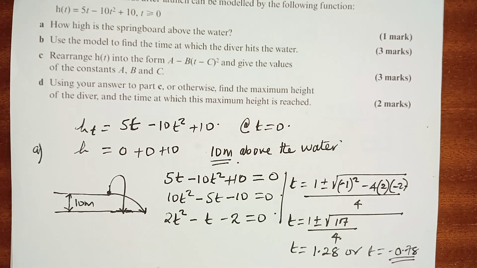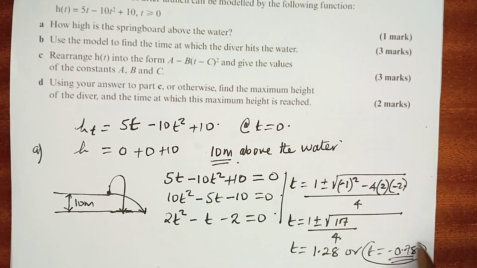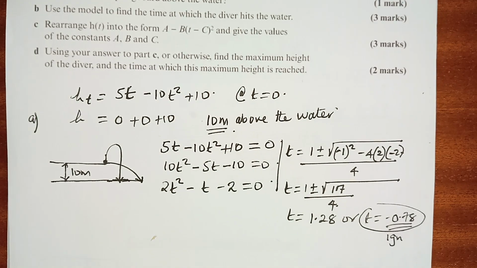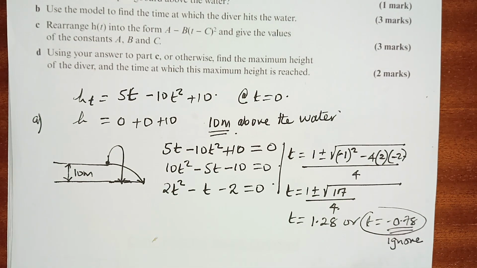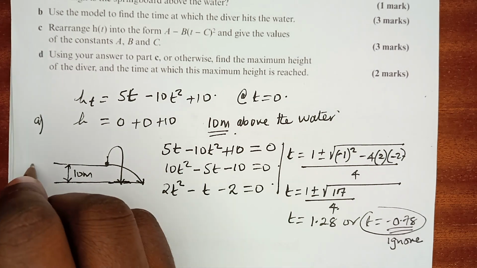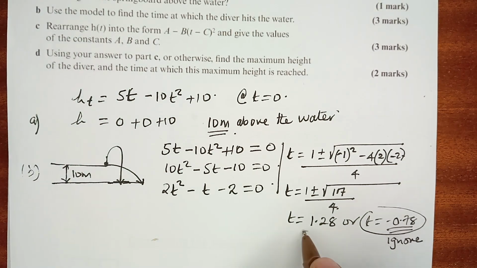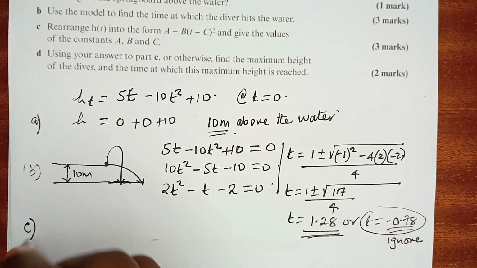But because t can never be negative, then for this one you say ignore. We have to ignore this one because there is no way t can be negative. That is as far as part B is concerned. So the only value of t is 1.28 seconds. Part C,